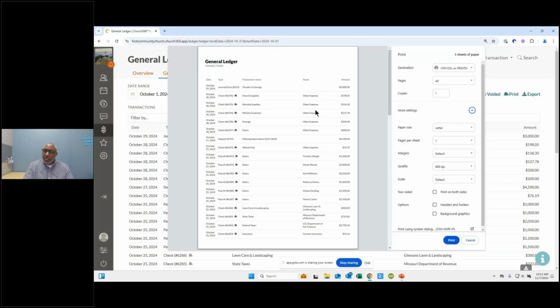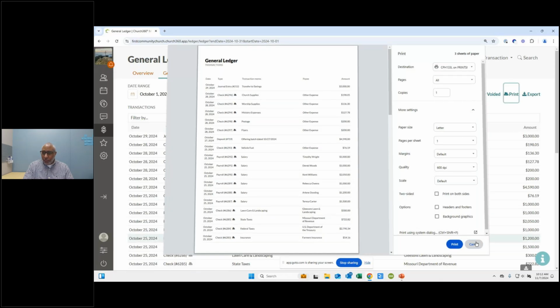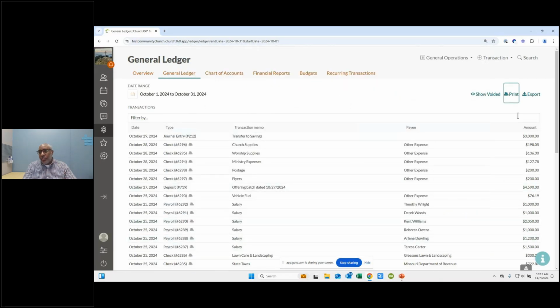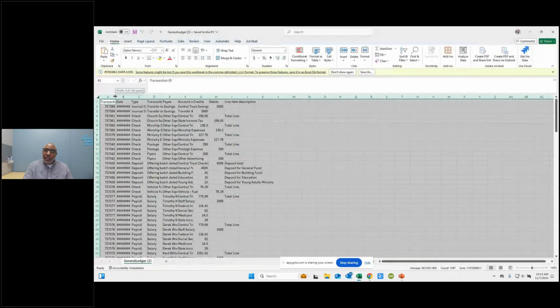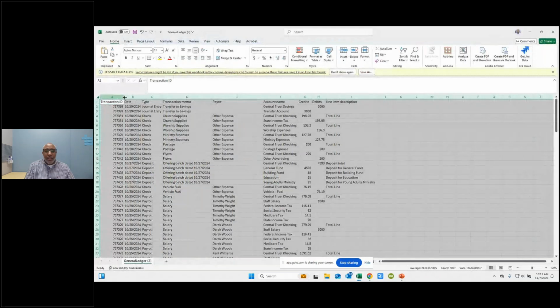Then at that point, once you see it, and if you like what you're seeing there, then you go to print. And it'll take that information and send it out to a print view, or send it out to your printer. Okay, and then there's export. Sometimes people will take this information, export it out, and create their own reports outside the software. We definitely heard from people that they didn't want to create all their reports outside of the software, so we made some changes inside the program and still allowed you to be able to export the information from the program.